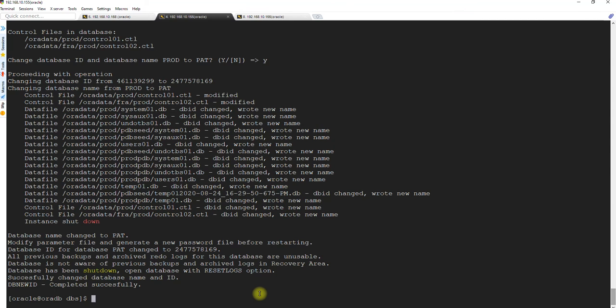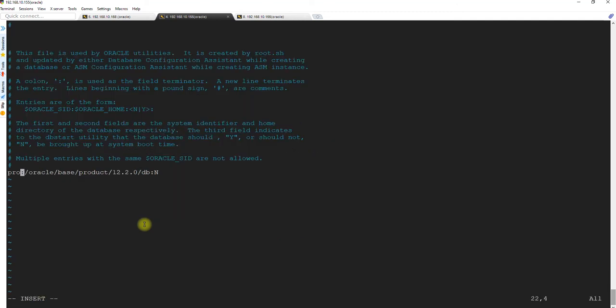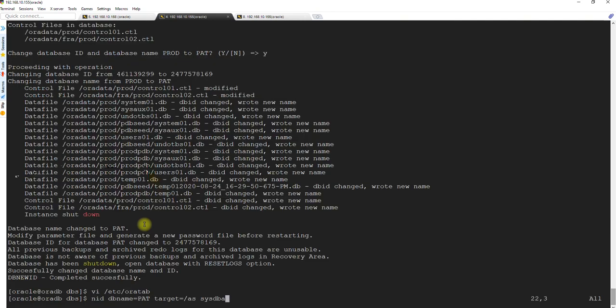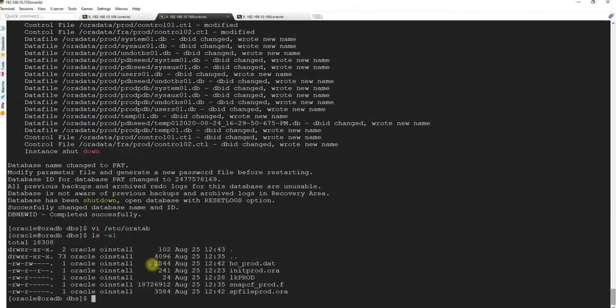Now what you need to do is go to vi /etc/oratab entry and change it to pat because it's changed now. And one more important thing, let me check the file.